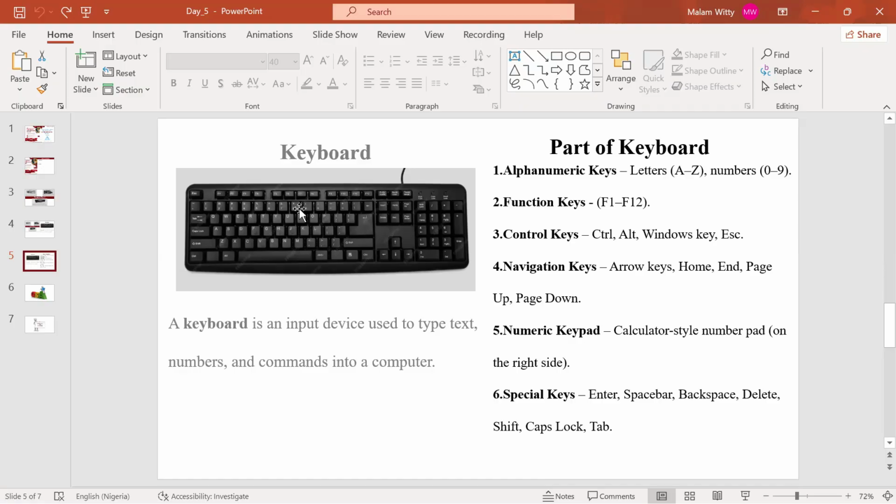We have the special keys, which include enter key, spacebar, backspace, delete, shift, caps lock, and tab. All these are what? Special keys. So I'm going to start maybe with the special keys and the control keys. Then for the function keys, well,